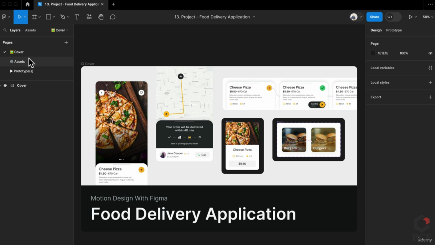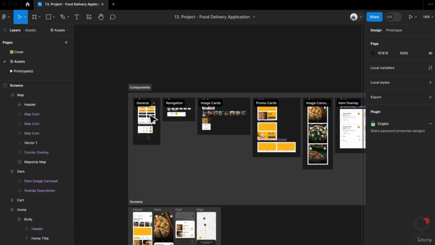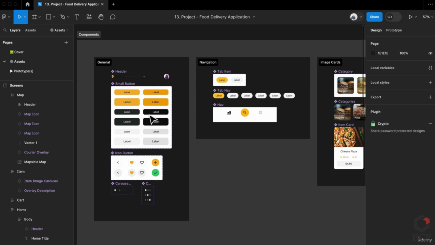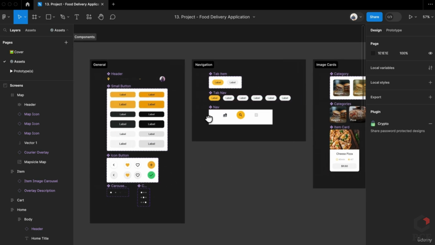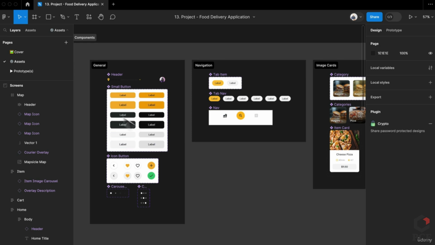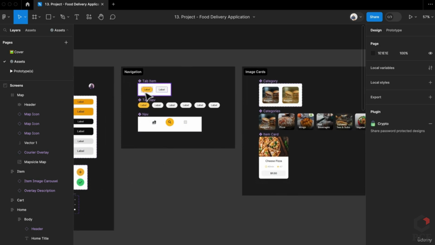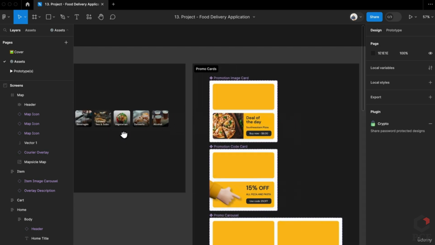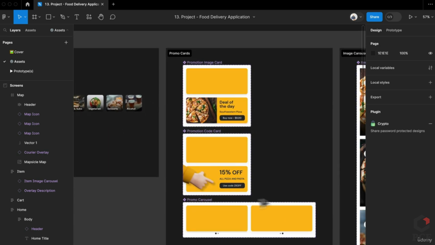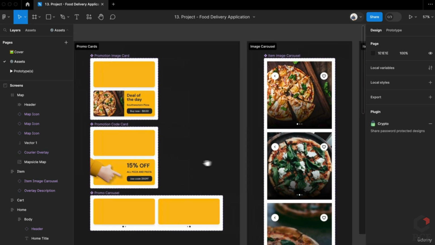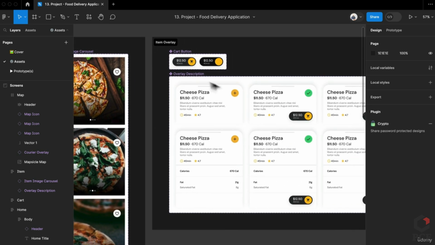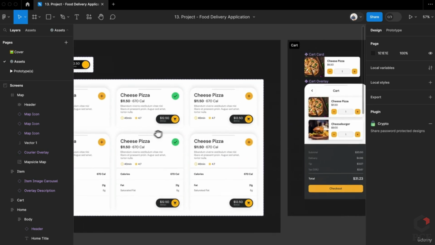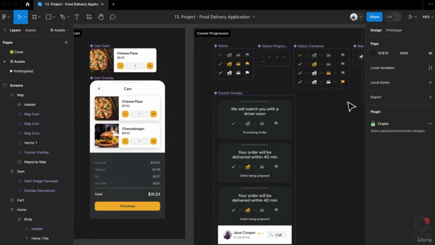Next thing I want to get into is our assets. You will have so many assets to work with in this project. You'll have buttons, you'll have icons. We're going to actually create a lot of our own. I'll show you how I created these buttons, but we'll create tab structures, these category cards. We'll even learn how to create some pretty cool animating carousels and animating order buttons and a nice little